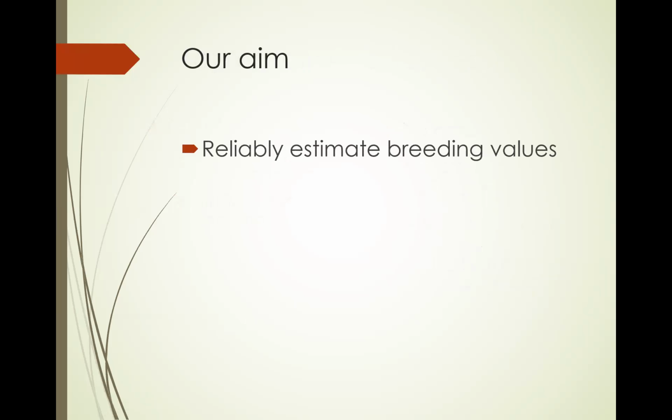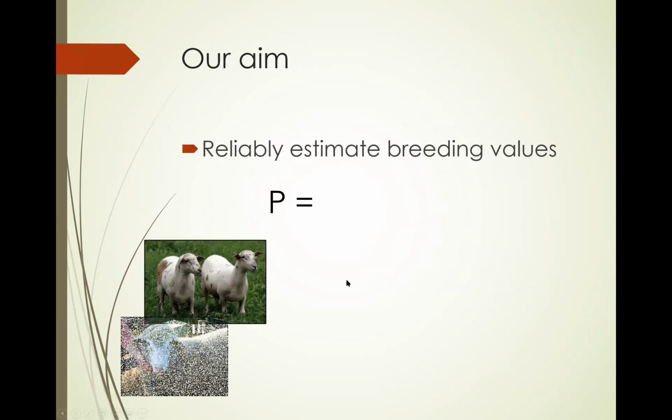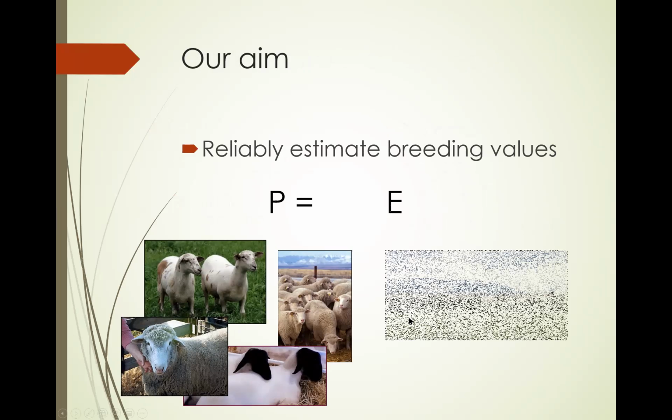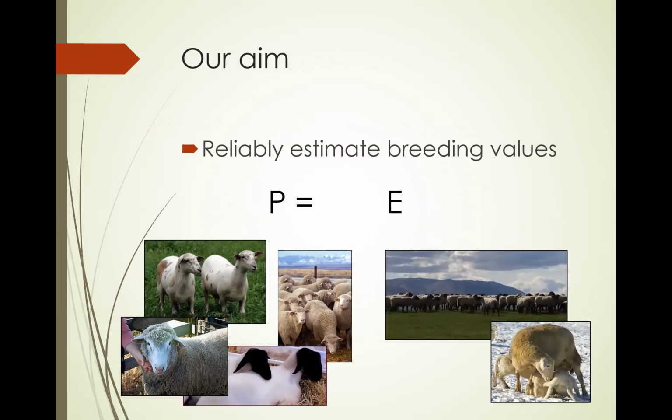So our aim, reliably estimating breeding values. What we try to do is we take performance records on our various breeds, and from those performance data, those Ps, the first thing we need to try to do is to pull out some of the environmental effects that impact how animals perform, whether it's in a grazing system or over winter when they're dealing with some of the climatic effects of overwintering. We need to try to remove those environmental impacts to get a hold of what their